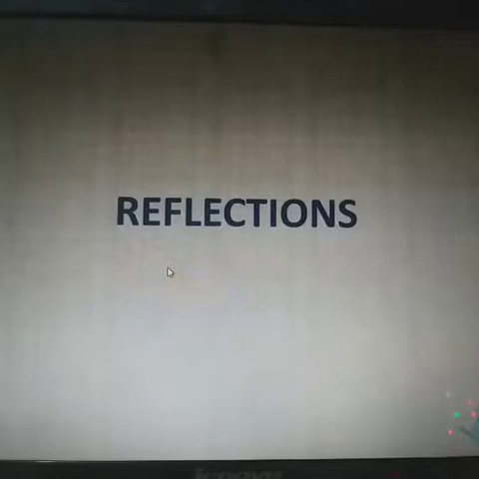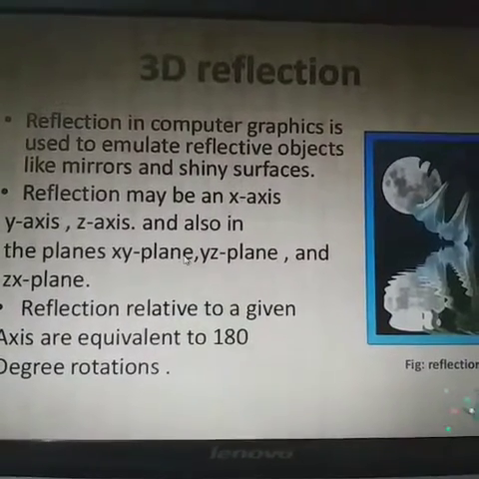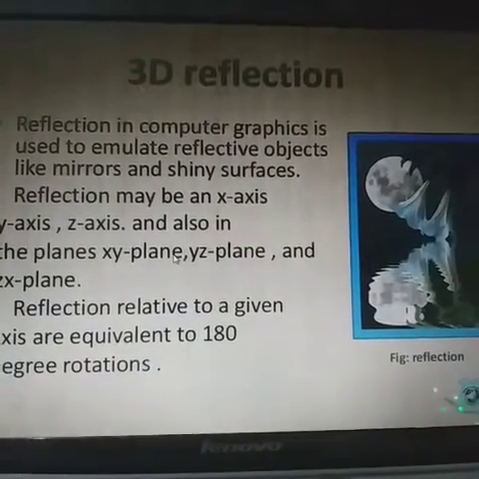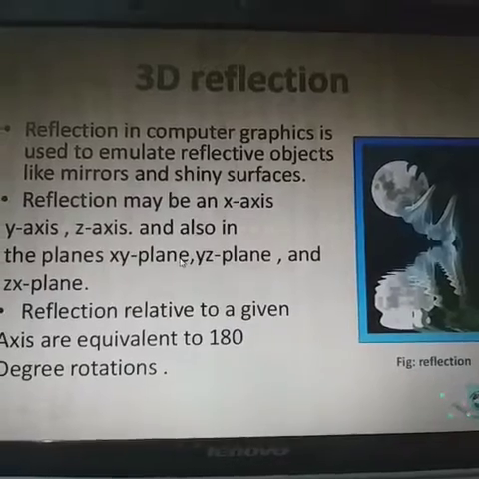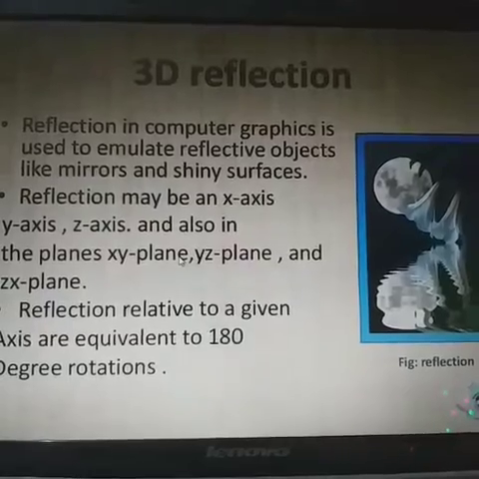This is similar to the two-dimension transformation, but with the three coordinate axes x, y, and z, the representation is a little bit different because the z coordinate is added. Reflection about an axis is equivalent to 180-degree rotation about that axis. Reflection in computer graphics is used to emulate reflective objects like mirrors and shiny surfaces. Reflection may be on the x axis, y axis, z axis, and also in the planes like the xy plane, yz plane,